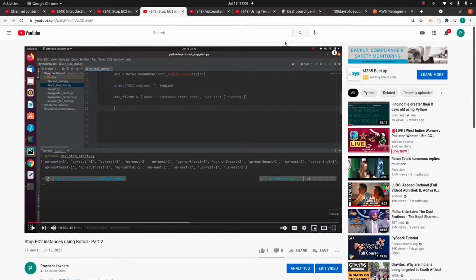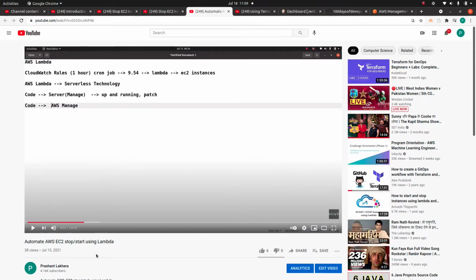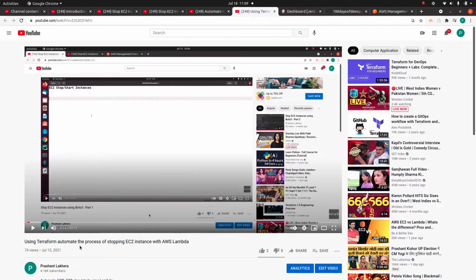Okay. Once we have learned that, in order to further automate it, we used this EC2 script which we created with Boto3 using Lambda. So using Lambda we automated this process further. After that, we thought a further level of automation was required. So we used this EC2 along with Lambda using Terraform to build up this whole automation process. So first, let me go through it.